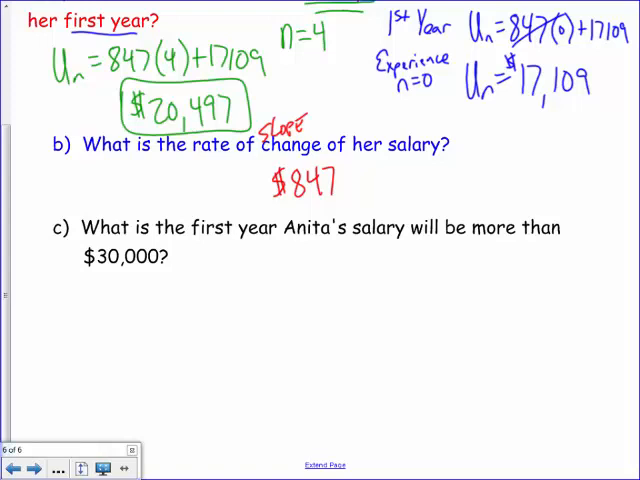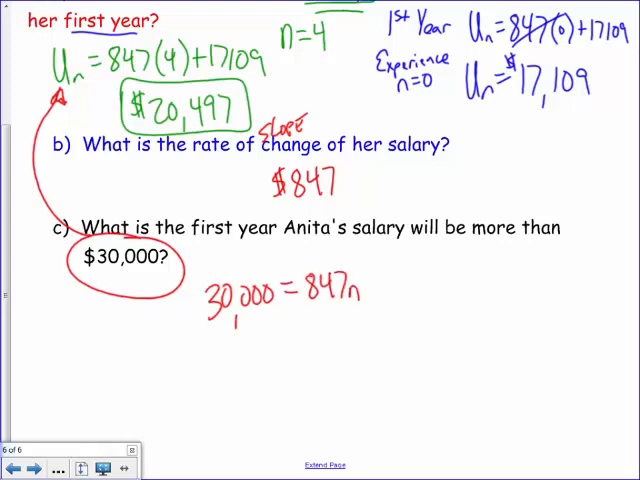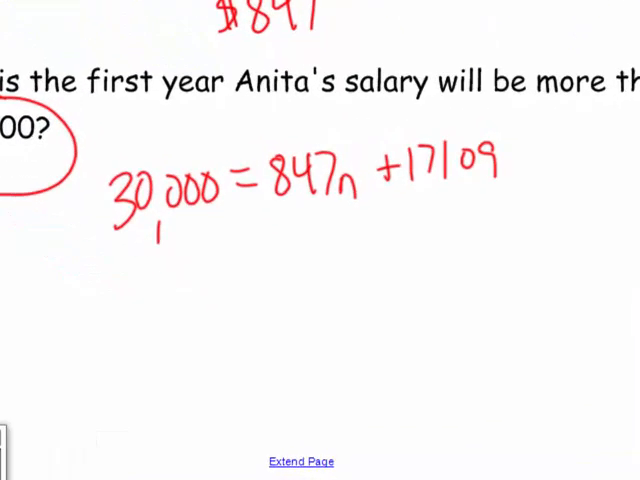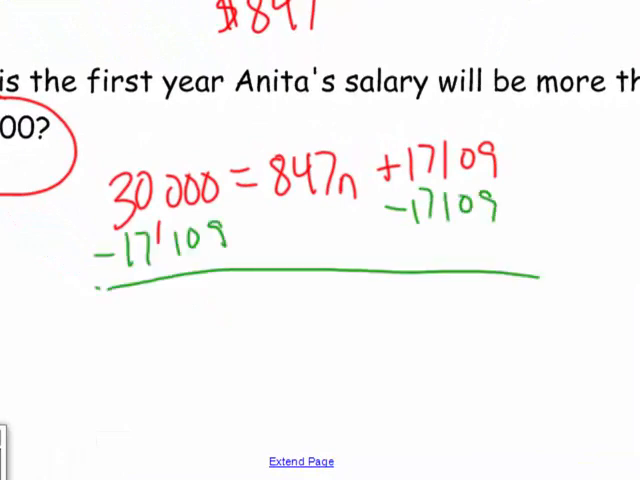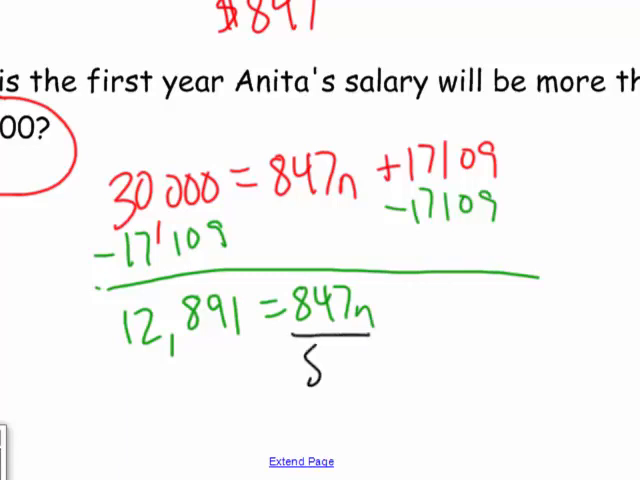And lastly, to ask, what is the first year Anita's salary will be more than $30,000? Well, what could I do with this $30,000? I could plug that into my equation. So I could put it in right up there. So U sub n, and now we could solve for n. 30,000 equals 847, we don't know n, and then plus 17,109. And so to solve, we would subtract our 17,109, and that would leave us with 12,891 equals 847n, and then we divide by 847 to give us